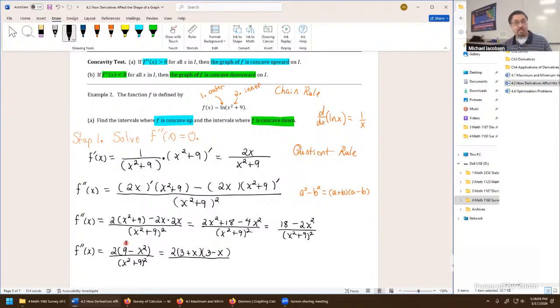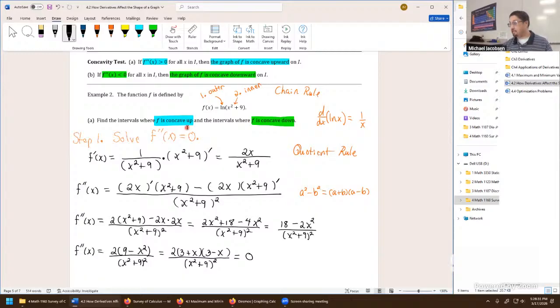That's a guaranteed factorization, so that's kind of nice through this formula here. The denominator, we are just copying it on every line, x squared plus 9 squared. And now we are finally at that portion of step 1. We have the derivative. It's simplified as much as we can make it. So we go to that step. We set it to 0,